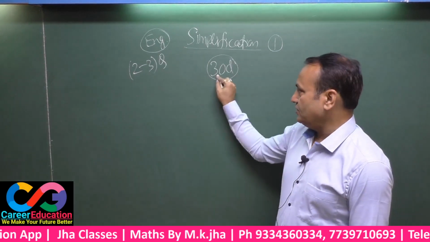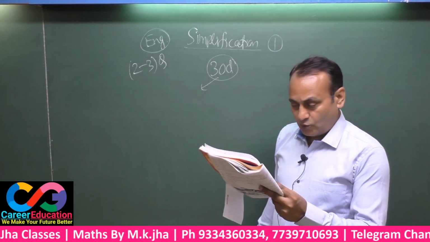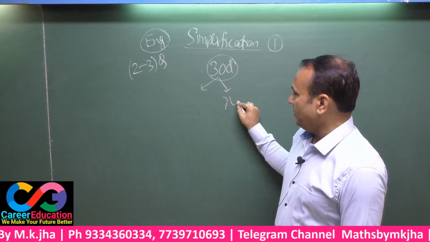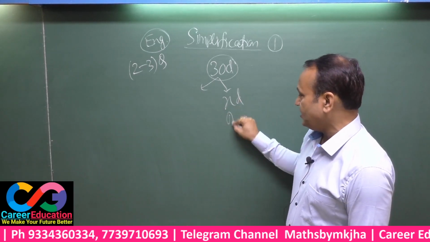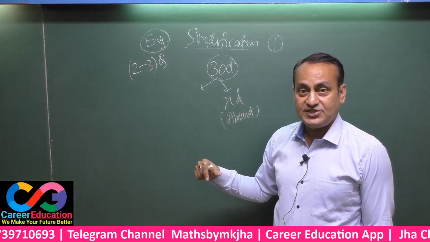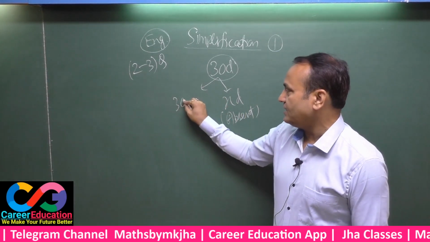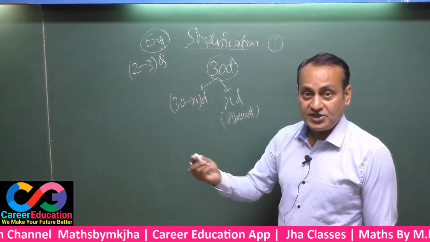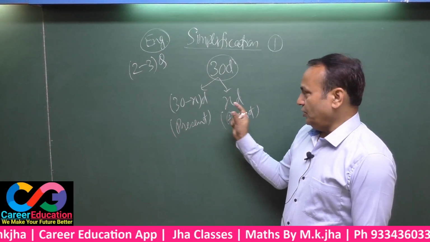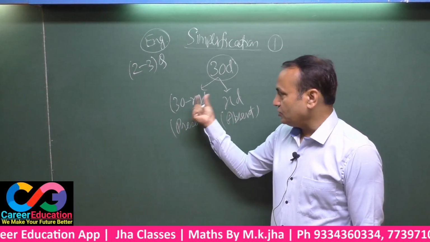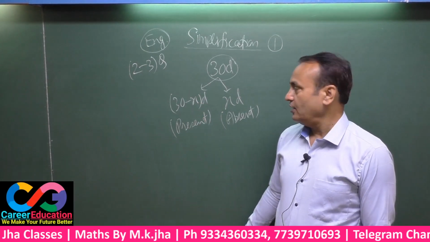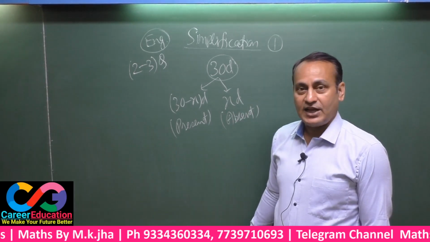For 30 days, you will have to suppose, as the question has demanded the absent days, that he remained X days absent. That means out of 30, if he is X days absent, certainly 30 minus X days he was present there. Now it is very clear that 30 minus X days he remained on duty, but for X days he remained absent as well.